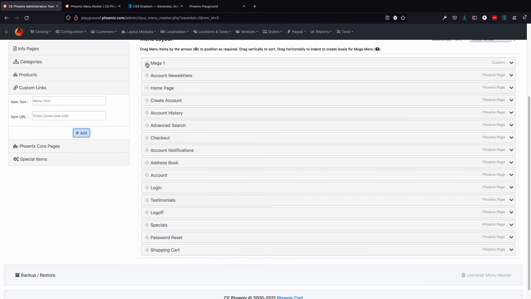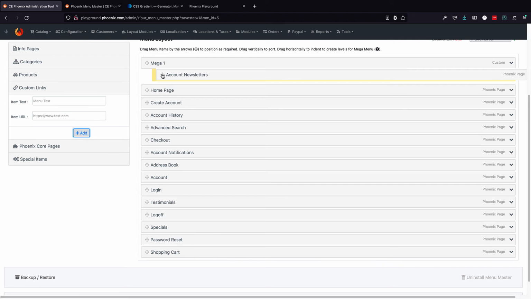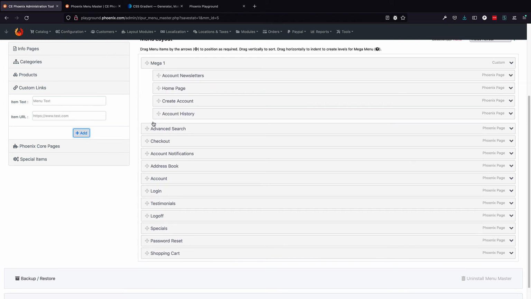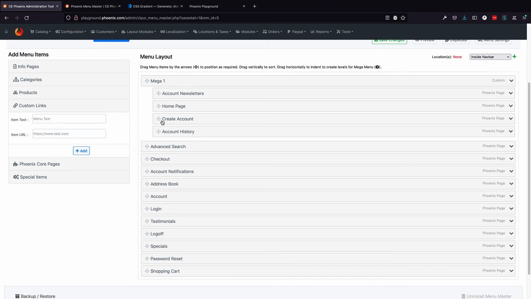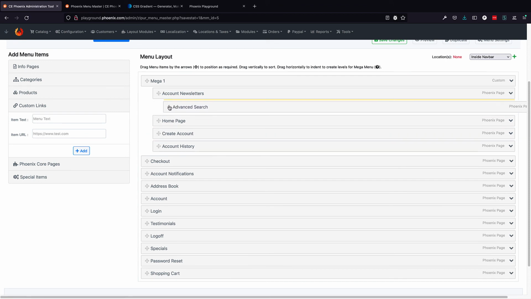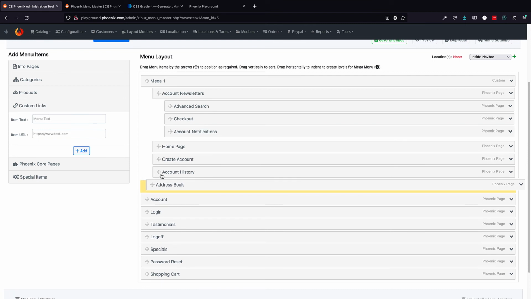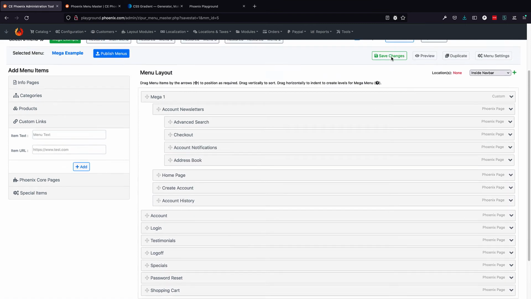So if this was going to be my main Mega Menu, I could then drop these in underneath. Now for every one of those, I'm going to have a column. So if I was to start stacking these underneath as a third level, these will be underneath each column. So if I save that